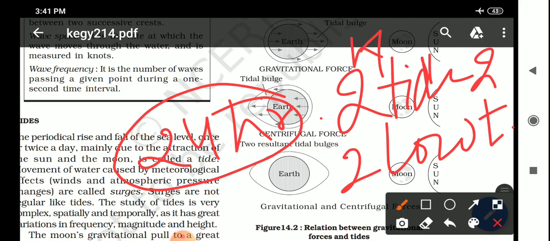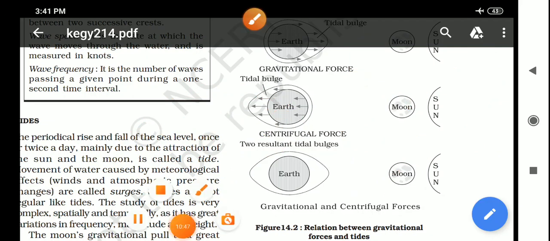This type of question can come in the examination. A 1 mark question can be like this: which type of tides are called semi-diurnal tides or diurnal tides? If you have two high tides and two low tides in a period of 24 hours, what does it call? Clear, student? Okay, so here